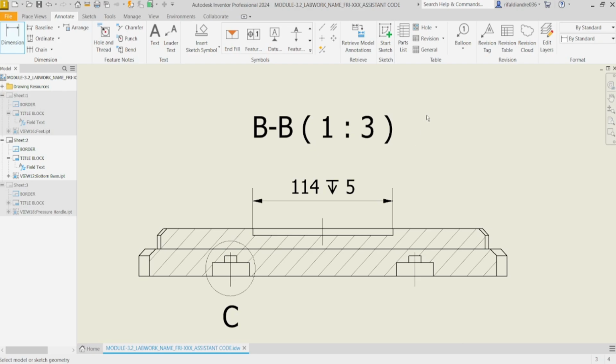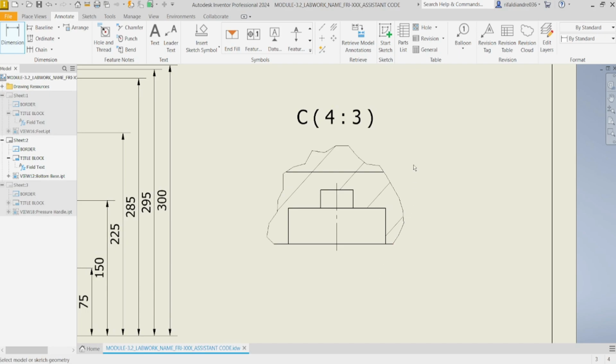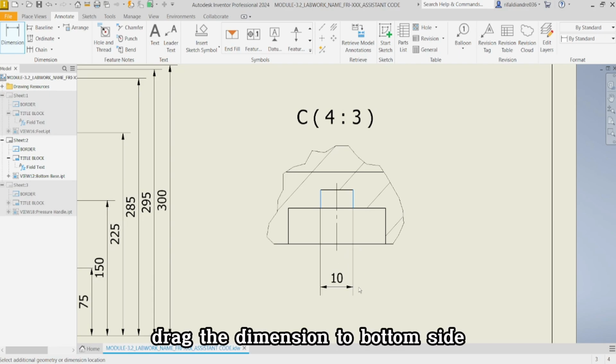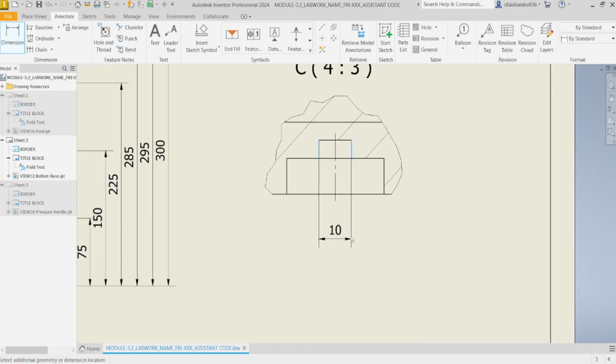Okay, next we go to the next view. In there, click the dimension and select the determine line. Choose this line and drag the dimension to the bottom side, and then left click.